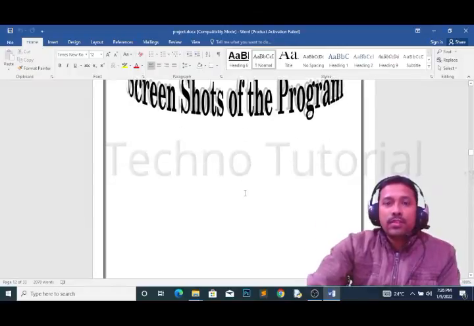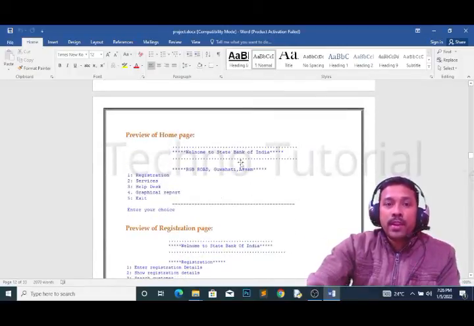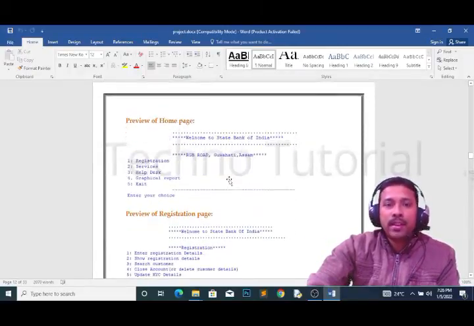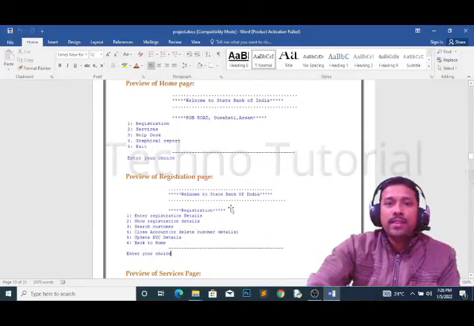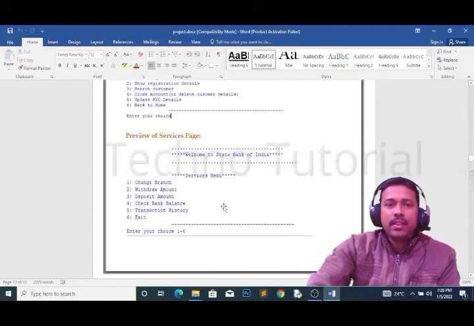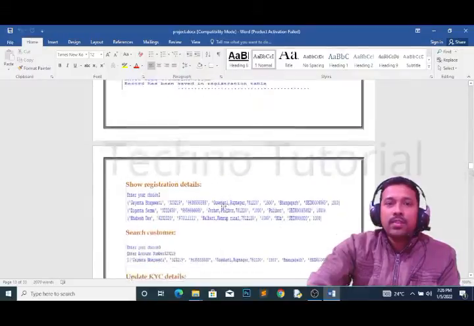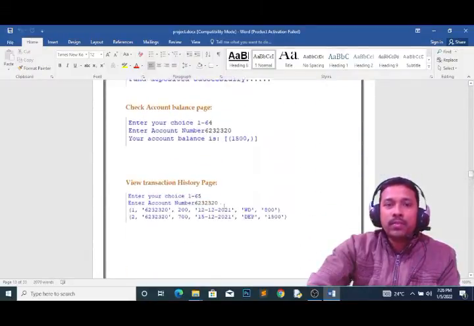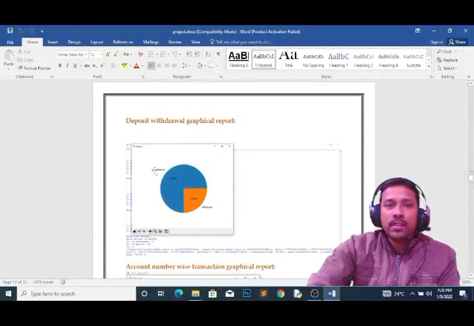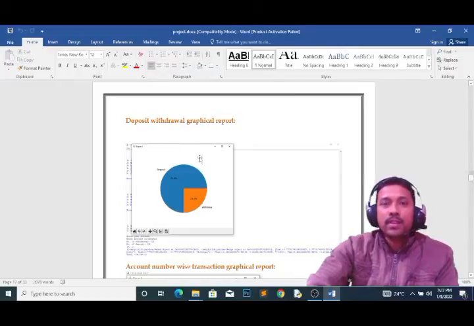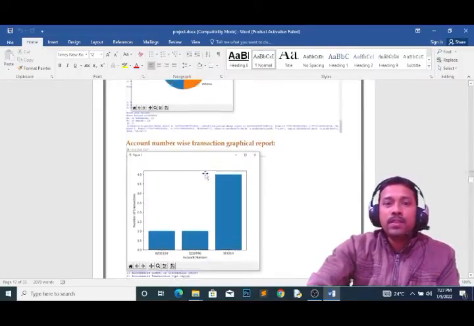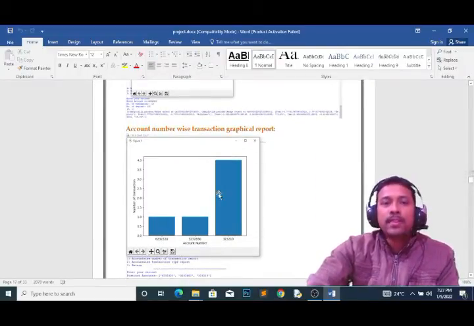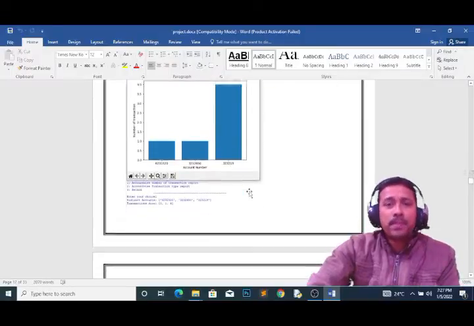The screenshots of the output screens show how it will actually come. I have already run this project and taken these screenshots and pasted them here. Like that I have prepared the project, and the source code is also there. See, this is the graphical representation for the IP students, but these two images are not required for computer science students. Like that I have also prepared the report.